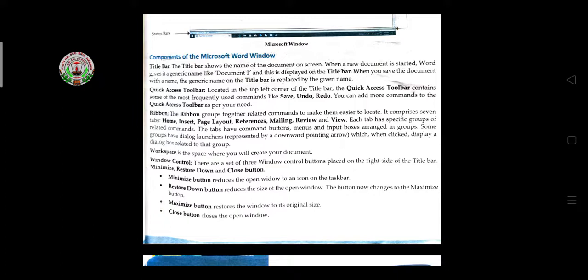It is used when you continuously need a particular button while typing the document. You put it in the quick access toolbar, and then directly click there. No need to go to any submenu to find a particular tool or command.